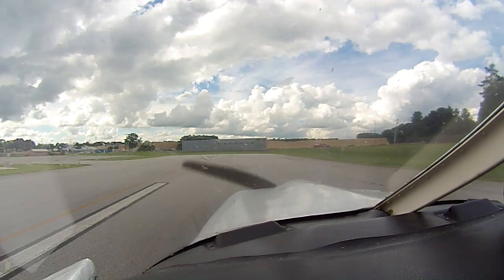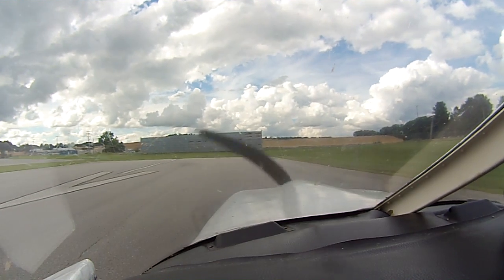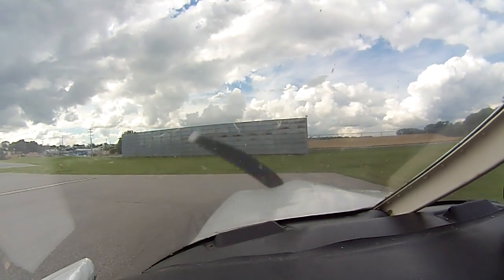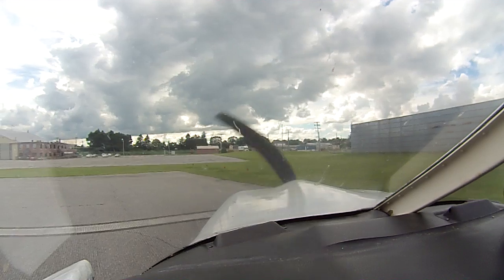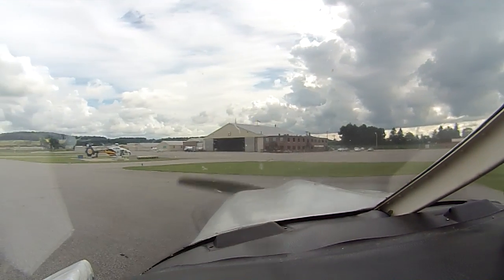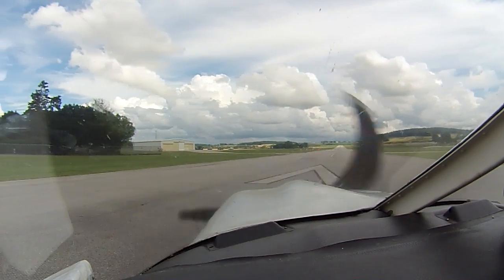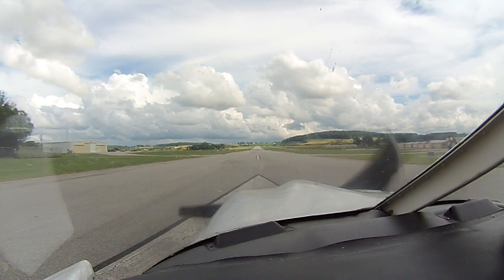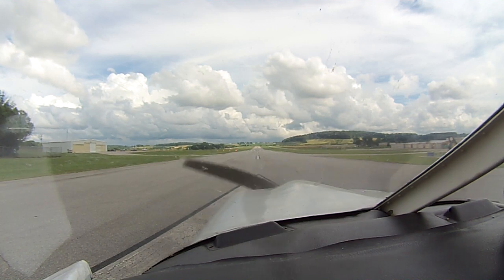So we're going to do a short field takeoff. We do a short field takeoff when we have a short field, meaning shorter distance. It's okay, we can go land there. The reason why we do this maneuver is just in case we ever have to go to a short field, we know how to take off and land. As we come to a short field takeoff, we're going to take the whole available runway, just like we did. Add a little bit of power, get center line, and align our center line. We're going to do our pre-takeoff checks: landing lights, altitude, fuel pump, trim set, 25 degrees of flaps for this maneuver. We're going to firmly, at full power,